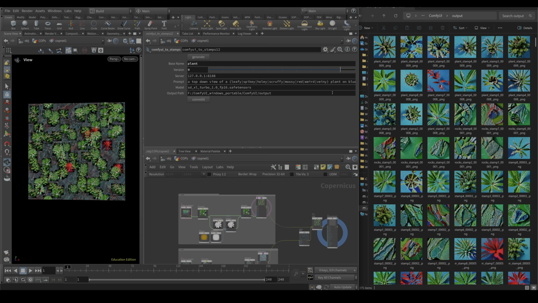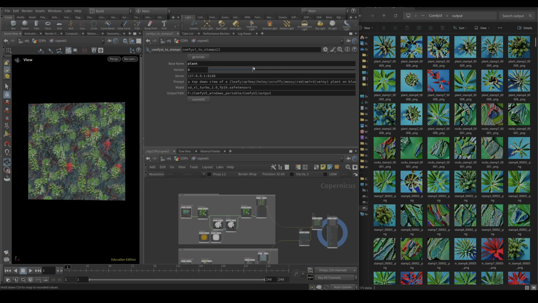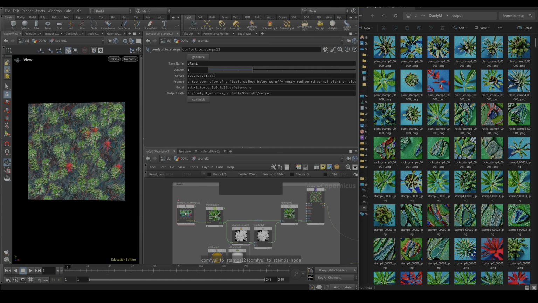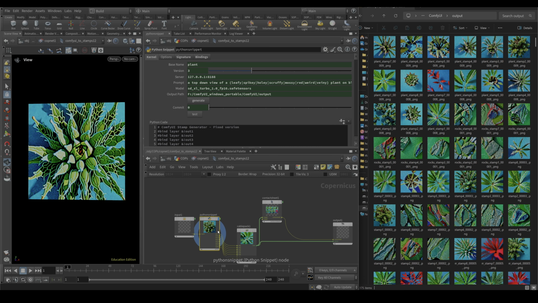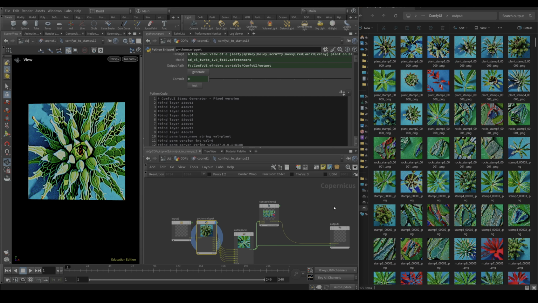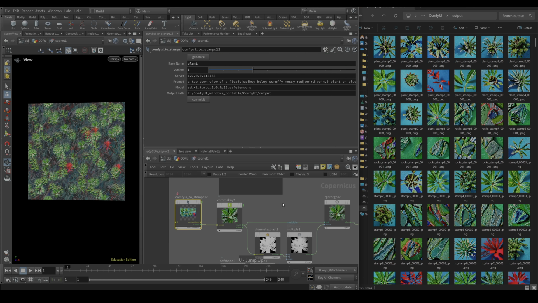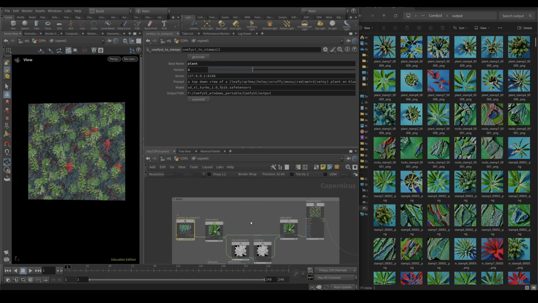So let's say I go through these versions and I'm like, ooh, I like version 3. I want to keep that. So the problem with this tool is that right now it's reading from the ComfyUI output directory and with this live Python snippet, and you probably don't want that. You want to be able to preserve what you saved in your local HIP setup in your project